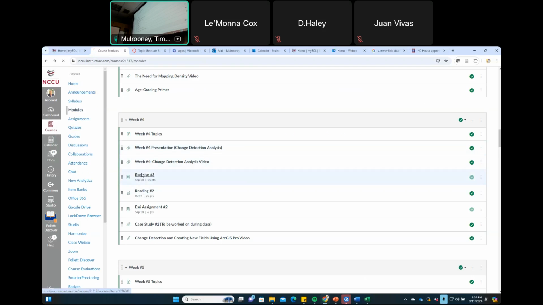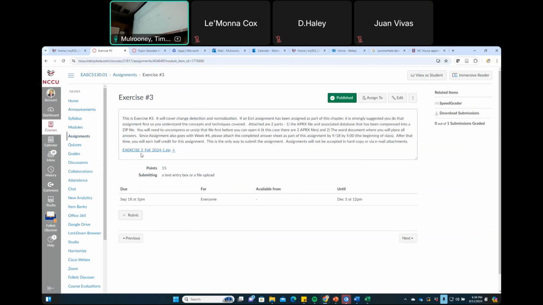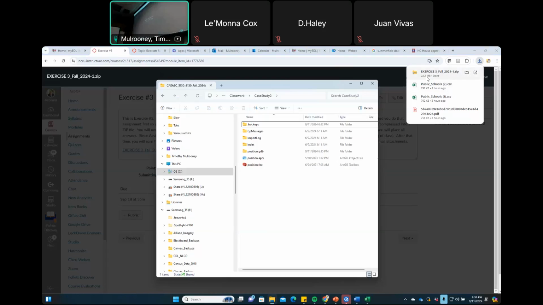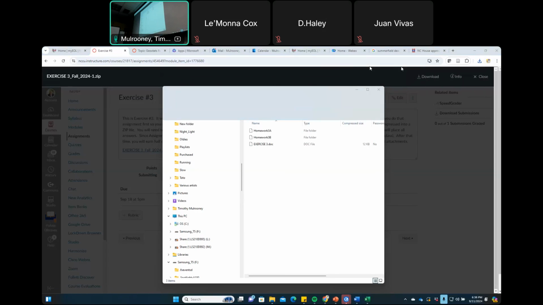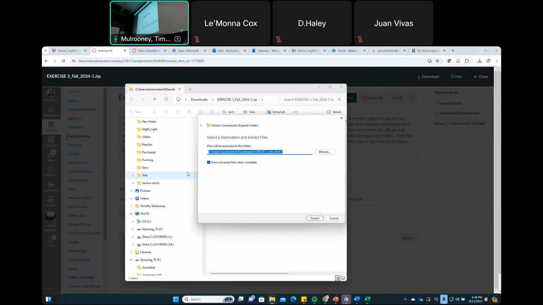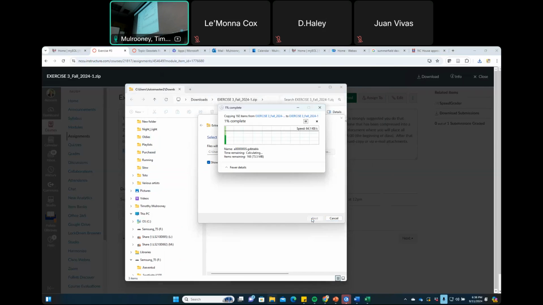All right, so exercise 3. Those of you following along, here's exercise 3. We're going to download it. And I'm doing the process as well here because I want to make sure everyone can do this. So I'm going to save it into my downloads. And here it is. Okay, from here, remember, and I've had about 5 or 6 people across my classes, if you start opening stuff up here, it's not going to work. Make sure you extract it to your class folder or wherever you want to store it, flash drive or whatever. But for now, I'm just going to extract it here.